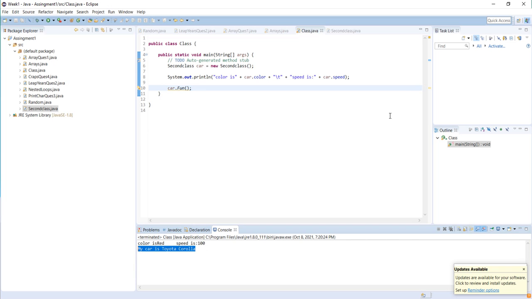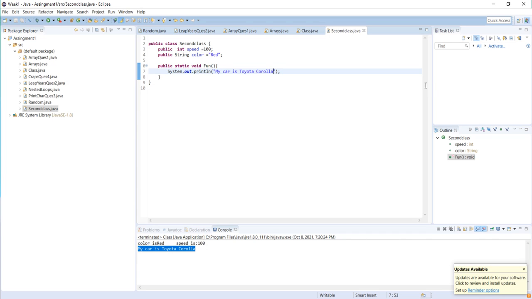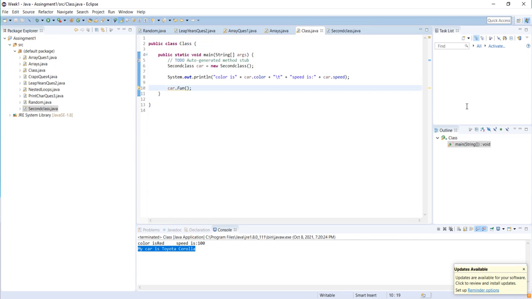So car dot function reads the function fun from here. You can see it's pretty simple to create attributes and functions, and we can use objects made in our main class to get the attributes and the functions from some other class.